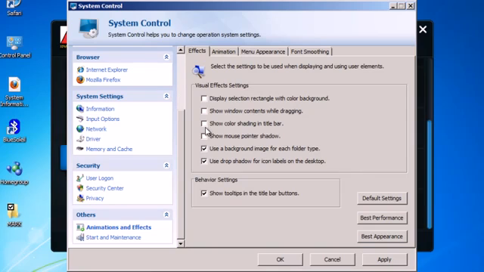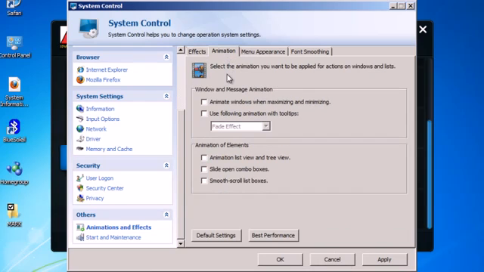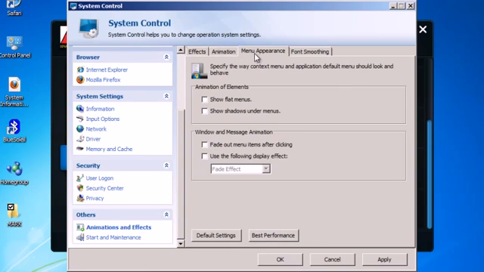I'm going to uncheck that, and well, I'm going to leave this. No, I'm going to uncheck that too, because that's going to improve performance. And if you have on all these, like best performance, as you see, they're all unchecked, but the default is all of them checked but one. I like flat. Well, let's see, watch it. If you hit best performance, it shows flat menus, the rest of them unchecked. But the default, as you see,